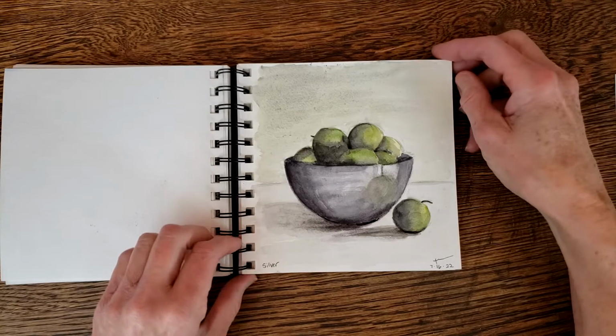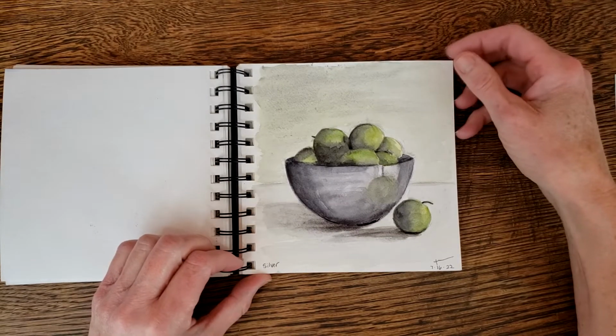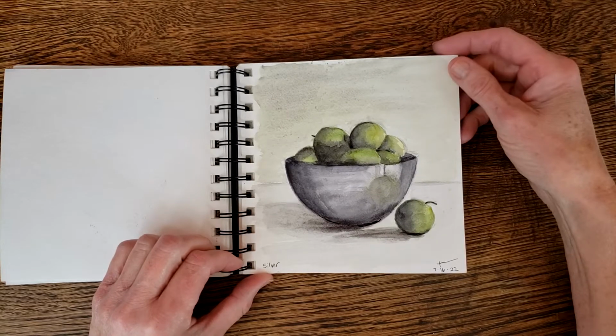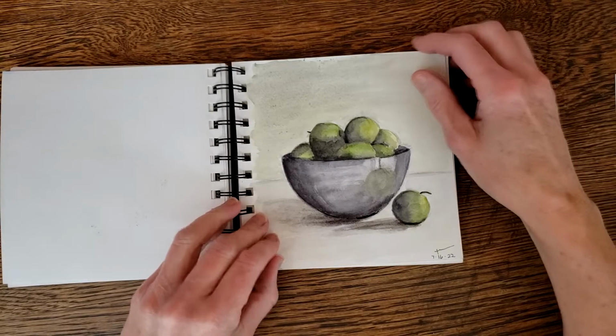Silver, I found this reference photo on one of the sites with a silver bowl, and I thought that would be kind of interesting to paint. That was fun. The next one,